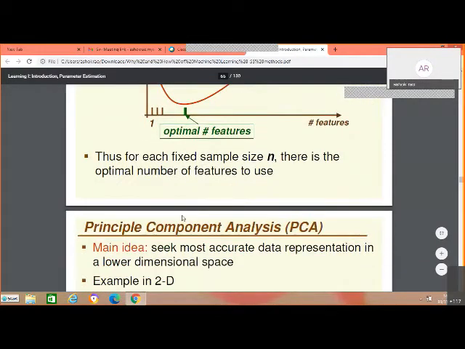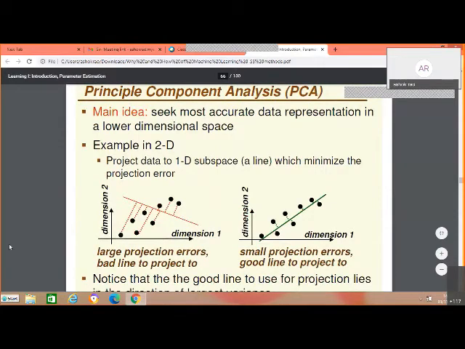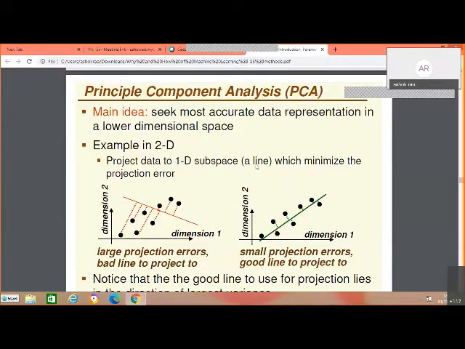And we saw this. So, based on what Arul has done, we will see what is this idea of a subspace method. A subspace method, independent of what I want to do, is this. The main idea is to seek more accurate data representation in a lower dimensional space. It is exactly opposite of the kernel method. So we'll take a two-dimensional example, which is very illustrative, and follow it up with an actual problem.